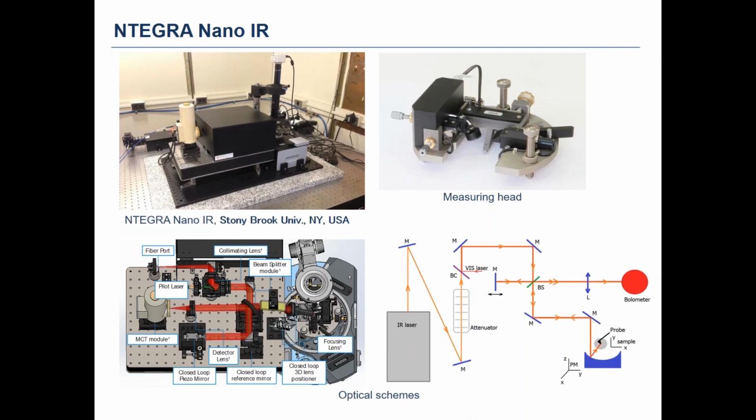Well, first of all, there is a visible laser, previously aligned with the infrared laser. This is a good slide that is right now open in the presentation. This visible red laser goes to the tip and is used for the initial alignment of the whole optical system. And then